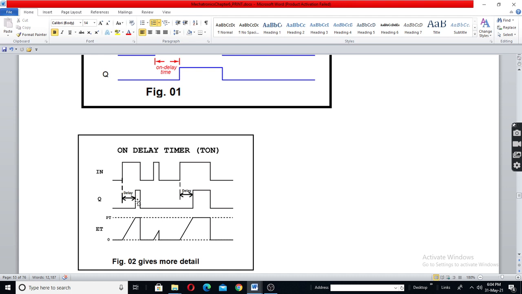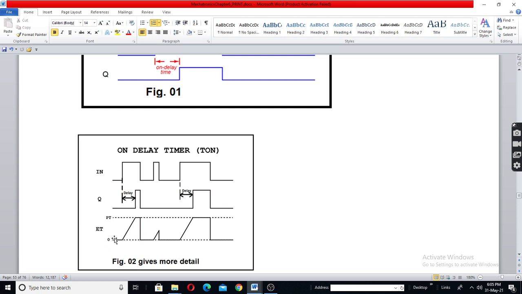high for 1 second. But sometimes, if the input remains high only for 1 second, then the output will not get actuated at all, because the delay is 3 seconds. As it counts, this is the accumulator value. As it counts from 0, 1, 2, 3, say this is 3, the preset time is 3 seconds.